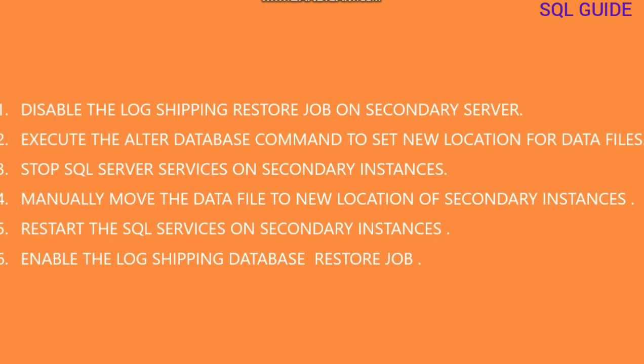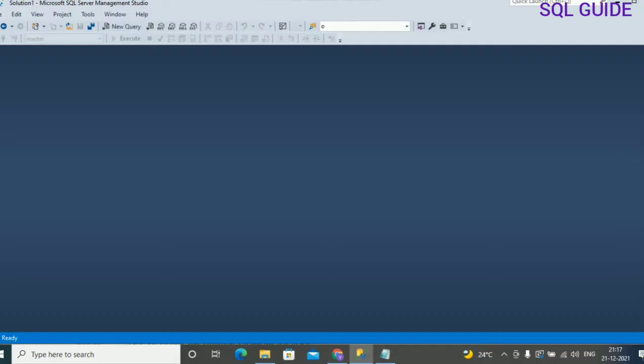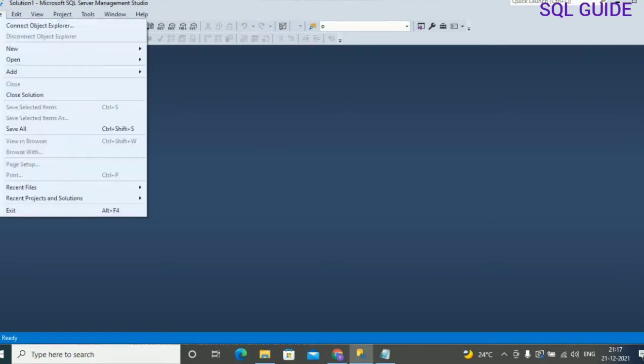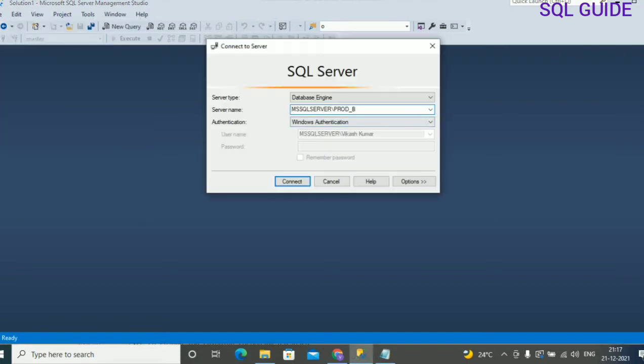Let's connect with SQL Server to show you how to move a log shipping database on a secondary instance. Connect to SQL Server from SQL Server Management Studio. I am going to connect to prod_b, which is the log shipping secondary instance.